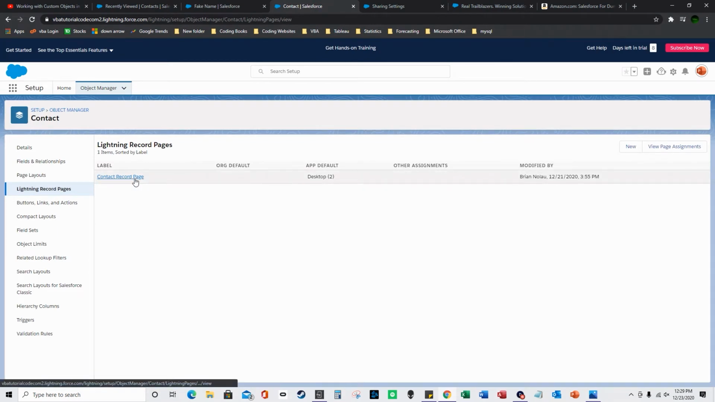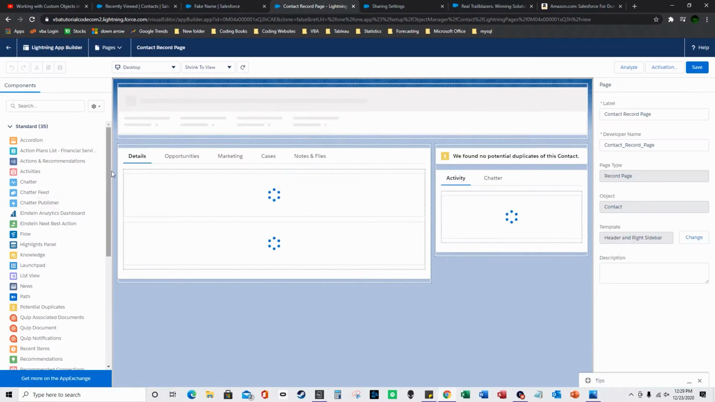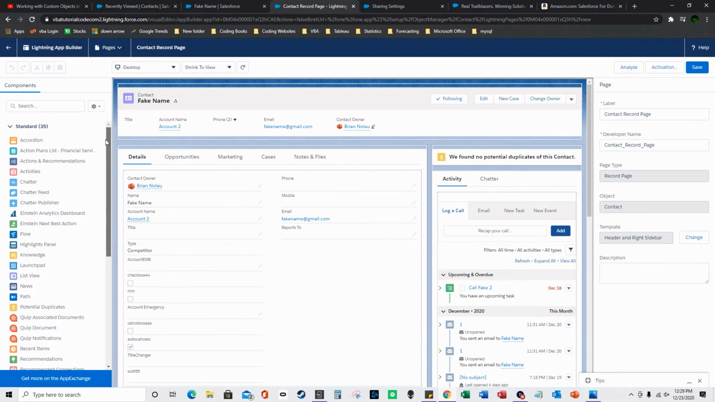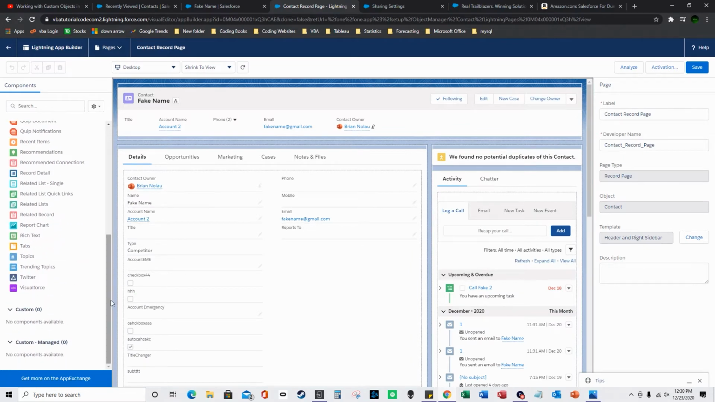So here's the Lightning pages for the contacts record page. You click this. This is really cool. So you go to edit, and it has the Lightning App Builder. On the left hand side it has the components, and it has the standard and the custom components. You could create your own component. And what's really cool is